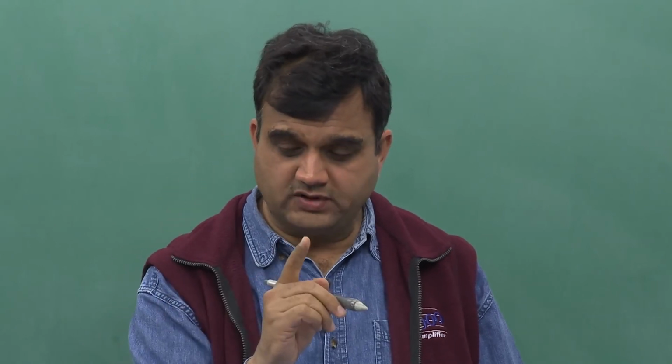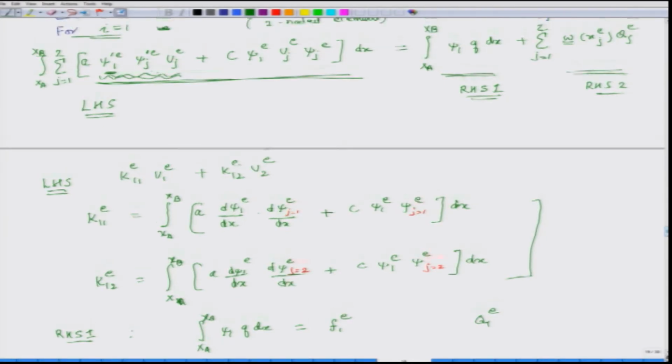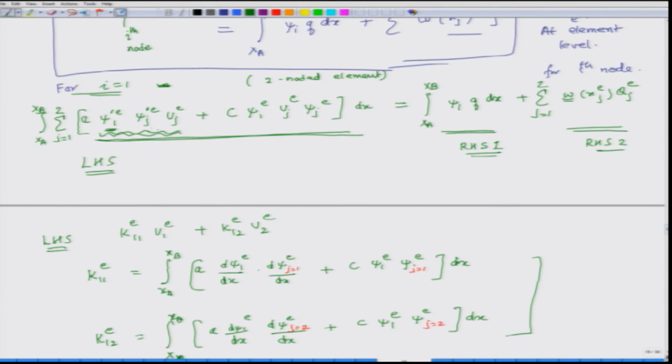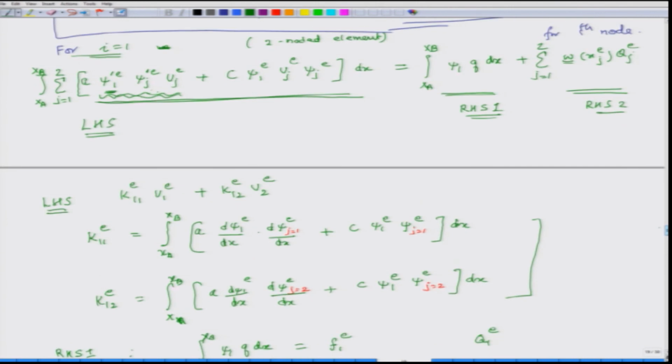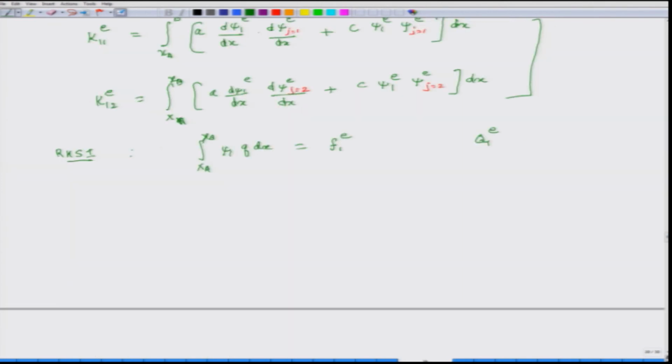So, at the first node it is 1, and at the first node it gets multiplied by this q. So, at the first node what is the value of q? Q1, you know? This is Qj. So, I get Q1E from here, and the value of psi 1 at the second node, I am summing it over j, this is Qj, is 0. So, the second component of this term is 0, right? So, this is Q1. So, this is RHS 1